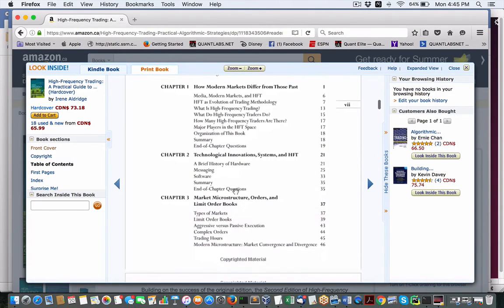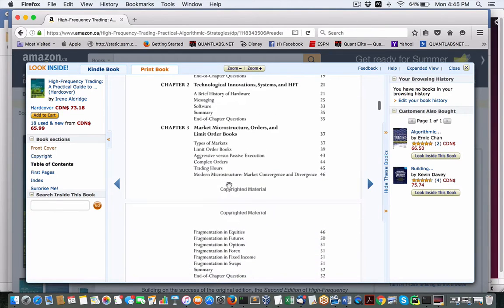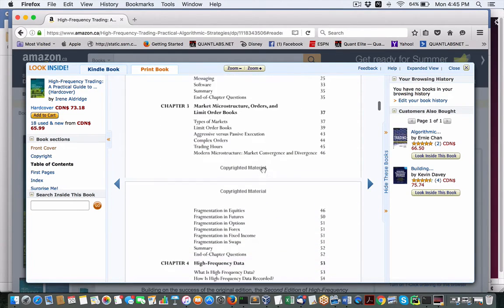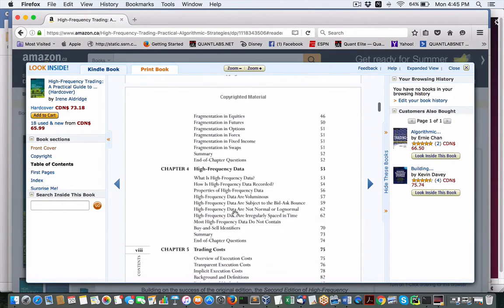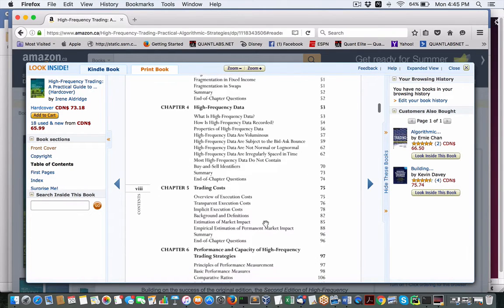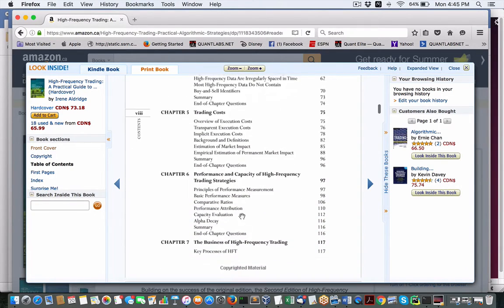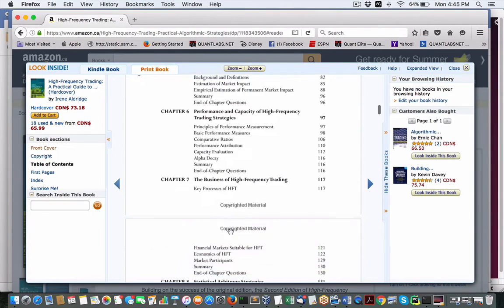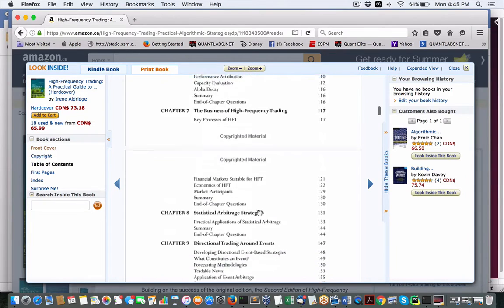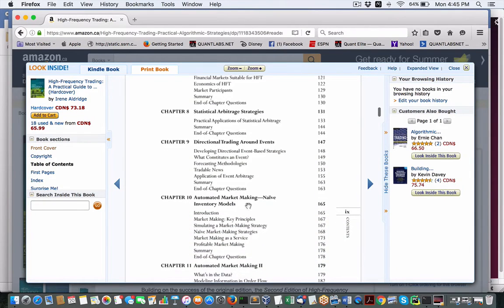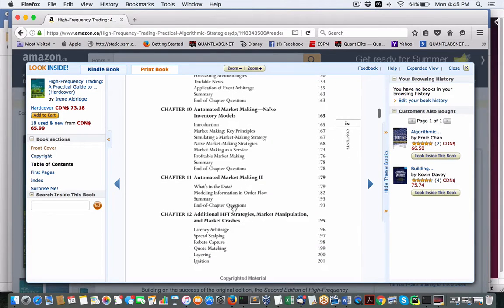Talks about HFT, the innovations, obviously the types of orders, how it can work in all these different asset classes. Talks about the different types of data, the trading costs, performance-based questions, the business, I guess, around HFT, statistical arbitrage, some other strategies based around events, market making again, because this is